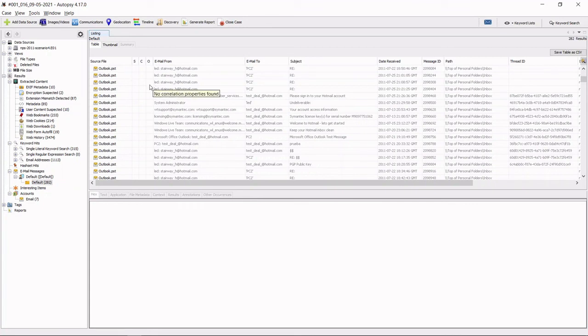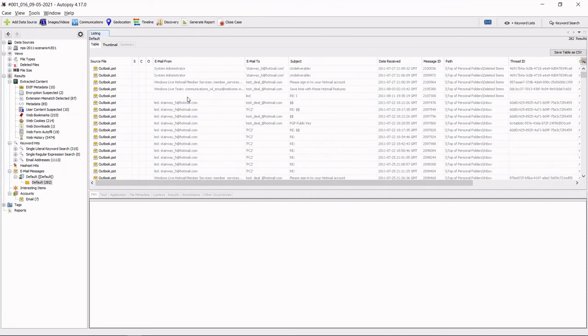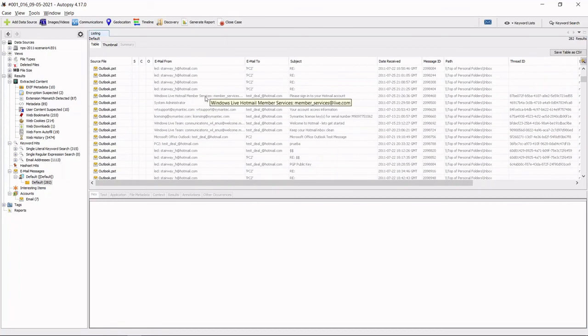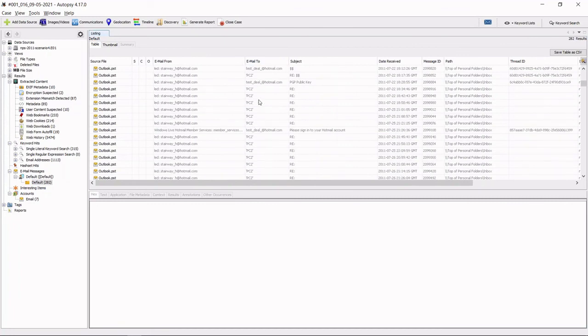That means the Outlook account was parsed when the image was parsed by the tool. We see email from, whom the email was sent to.